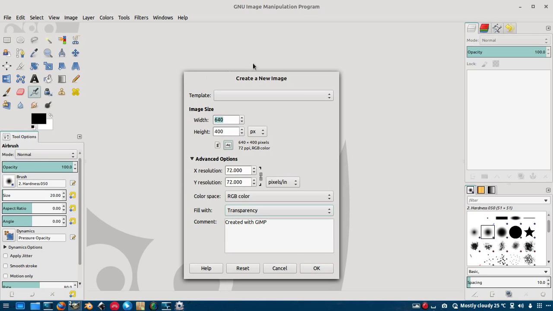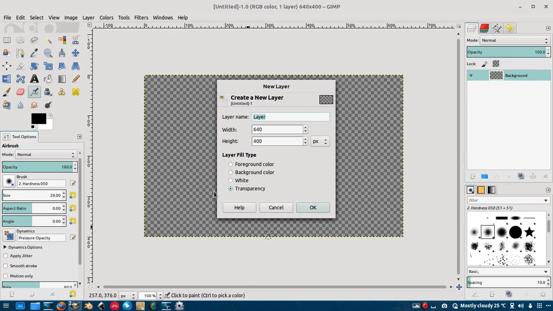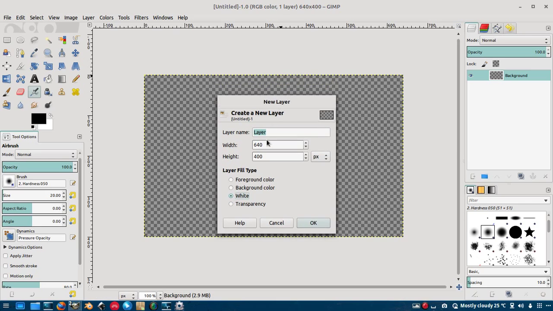So I'll go ahead and create a transparent image to explain the concept of a layer. Now as soon as I create an image, I get one layer. An image can consist of any number of layers, and this is the layers tab of GIMP. Here are a few buttons, and this is the button to create a new layer. I'll create a white layer and I can assign a width of maybe 300, 200, and as I have explained